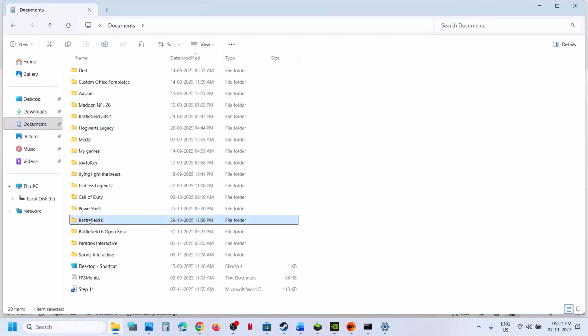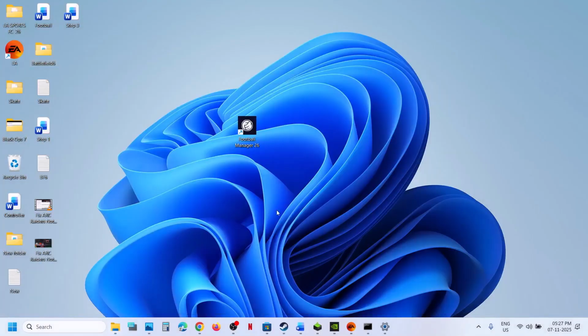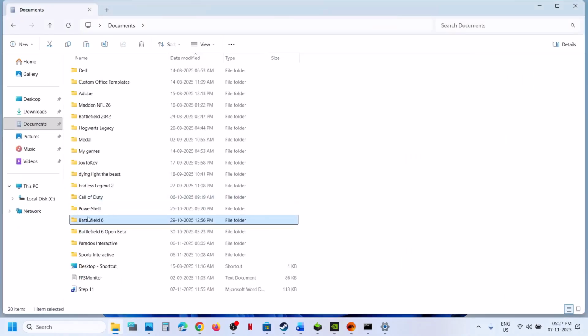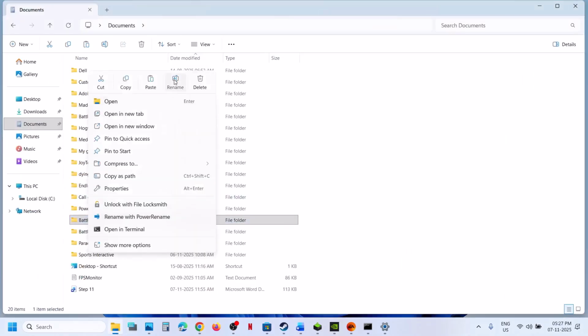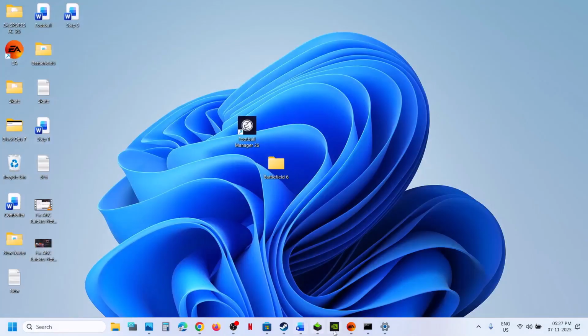So copy this Battlefield 6 folder and paste it to the desktop. Once you have a backup created, right click on Battlefield 6, rename it, and then relaunch the game and check. Still not working? The next step is to